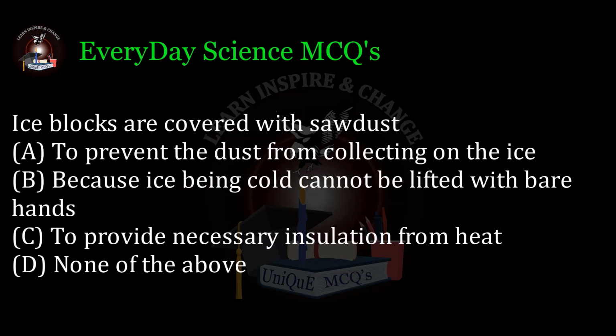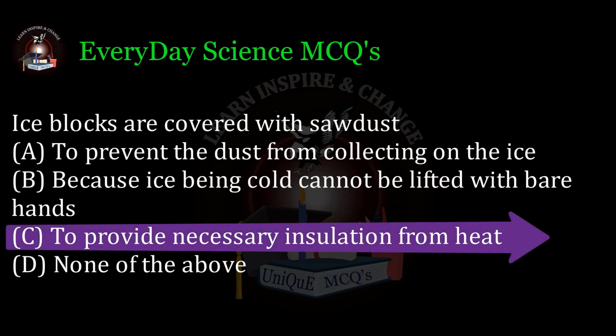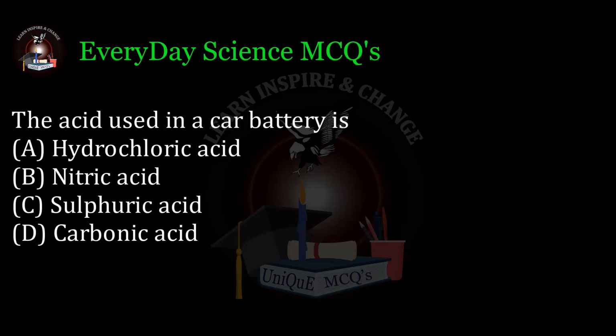Ice blocks are covered with sawdust. A. To prevent the dust from collecting on the ice, B. Because ice being cold cannot be lifted with bare hands, C. To provide necessary insulation from heat, D. None of the above. Correct answer C. The acid used in a car battery is